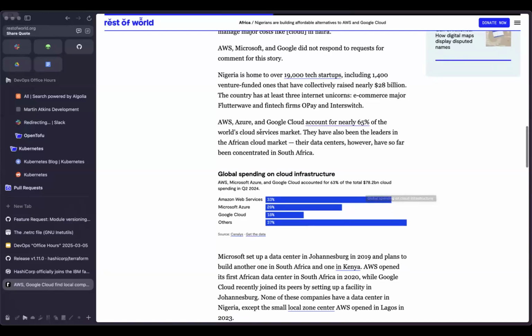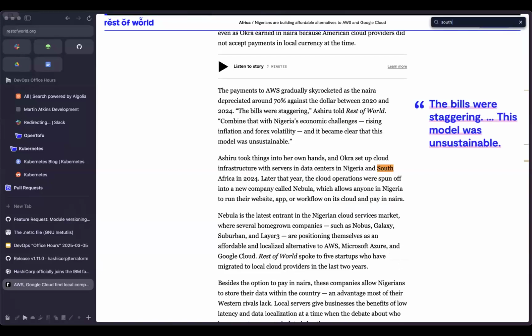And I know there are difficulties in building in regions that don't have the same support as you might get in North America, Europe, or maybe even South America, Asia, and so on. But if there is a need for folks to use the service there, then somebody's going to fill that need. So I'm glad to see reports like this where countries are like, hey, let's just build our own, run it, quote unquote, in-house, with the house being the country itself. And then we're just going to let our citizens use this service. So yeah, it's a problem that Amazon created, but people are going to come together to create the solution for it.